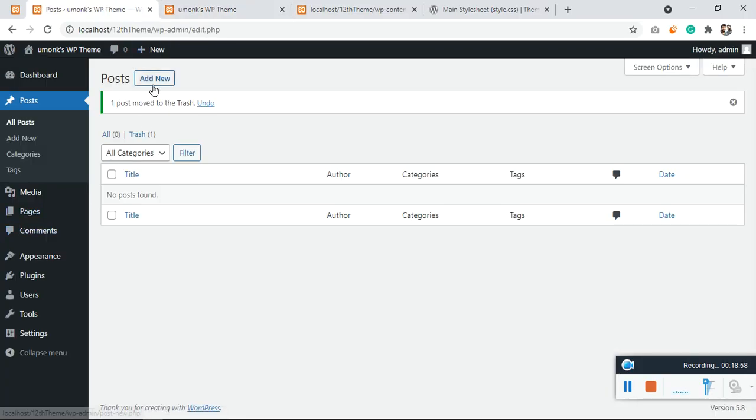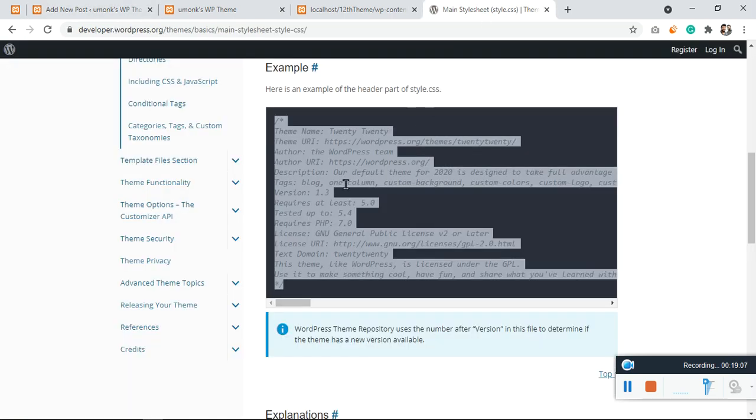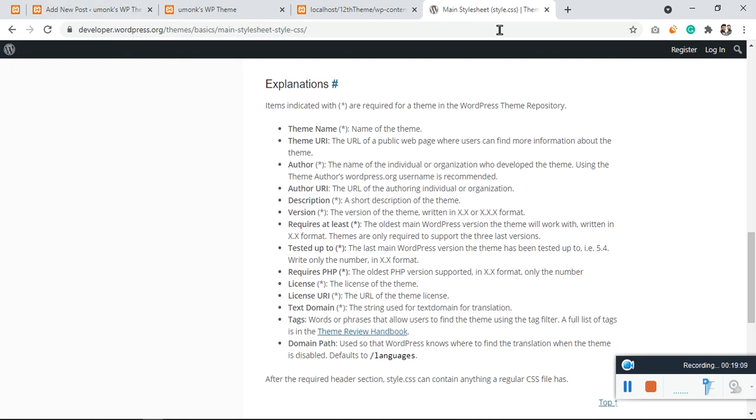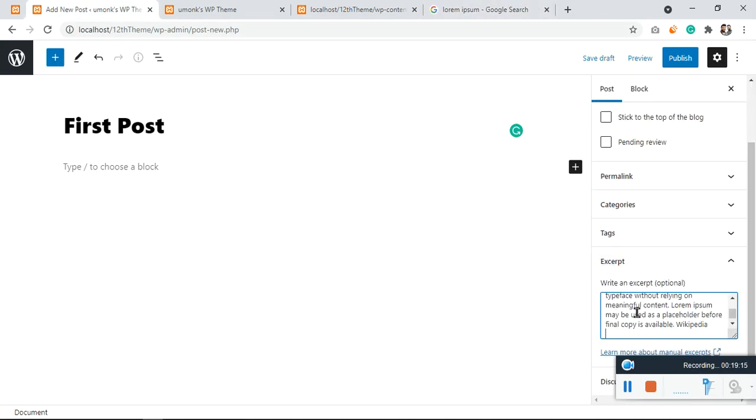Now let's create some posts. This post and the lorem ipsum, let's find this. We are just going to fill the excerpt.